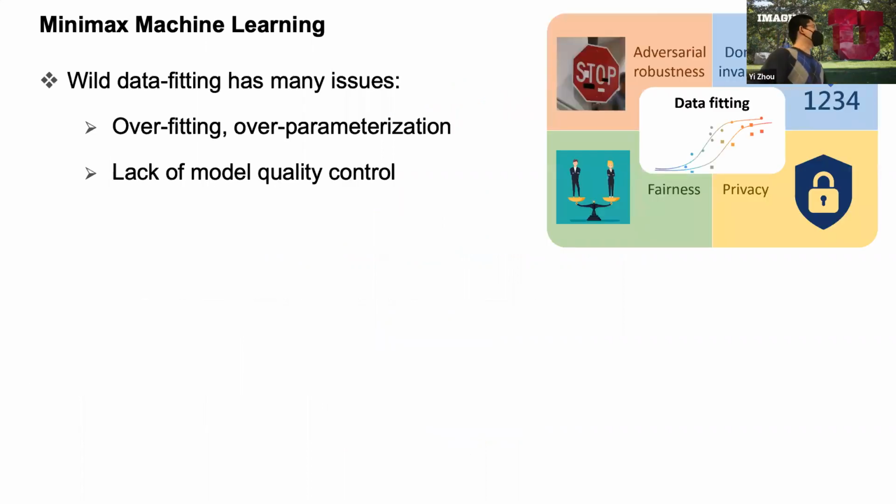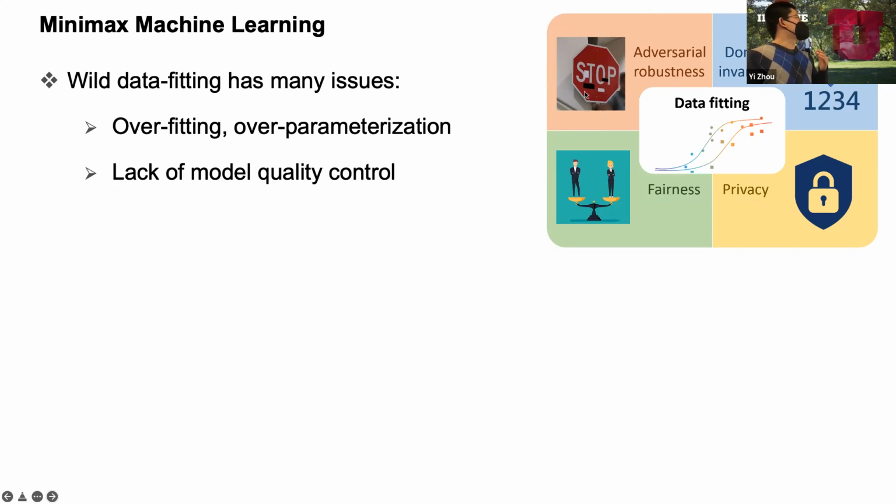The previous data fitting framework that we just talked about turns out to have many underlying issues. This is because if we do wild data fitting, typically when we use over-parameterized models, we will always be concerned about the overfitting issue. In practice, we can train numerous over-parameterized models that can fit our training data very well, but many of them we found lack model quality control. For example, in image classification, and later on I will give a more specific example,